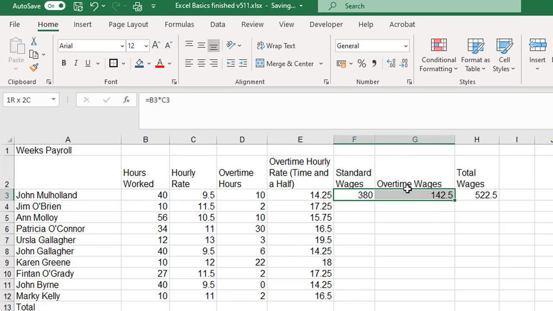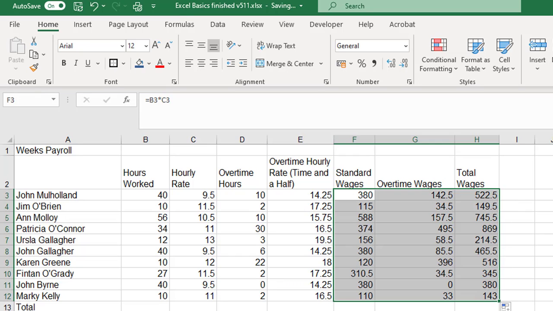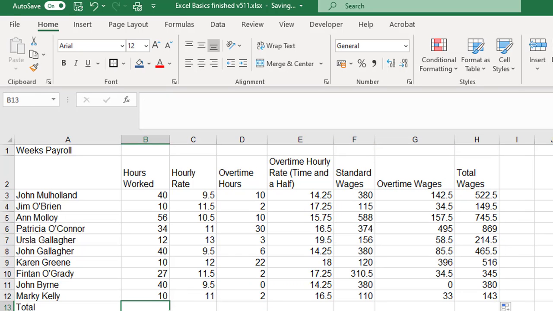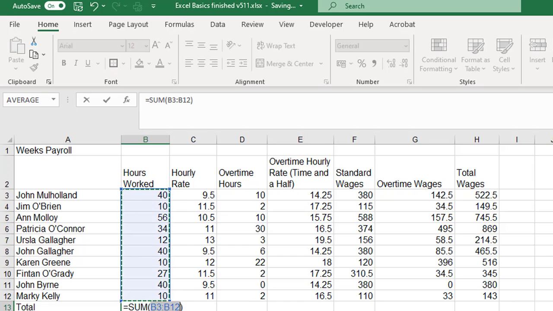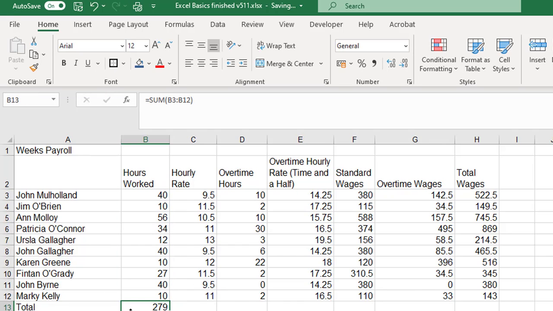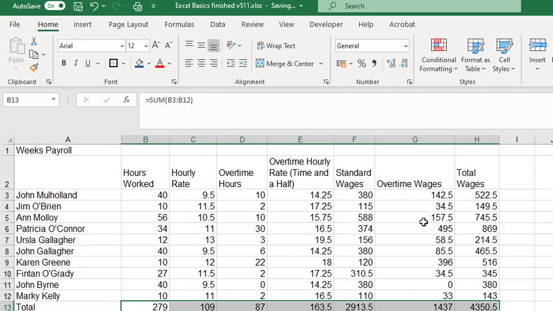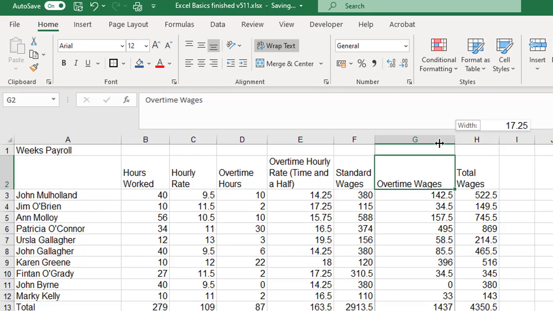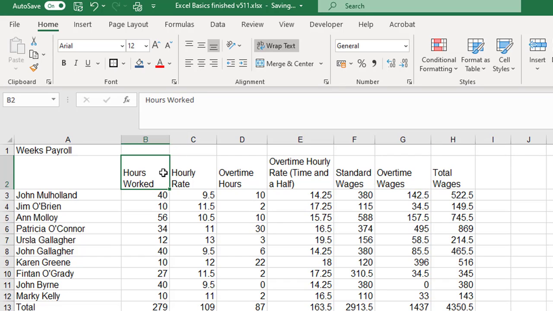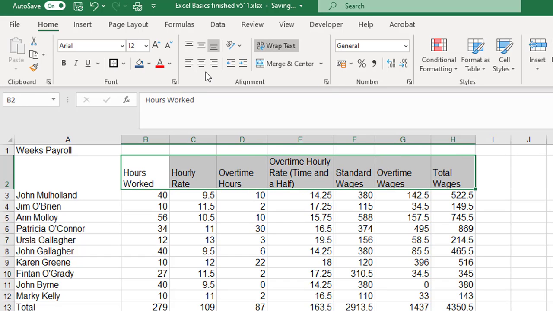Now I can select all three and in one go drag it down. And then I'll get my totals down the bottom. And correct, and then click and drag it across. Okay, so I might just shrink that one in there, and I line up my headings and right align those